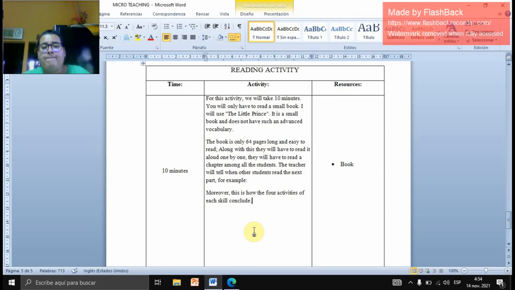And along with this, they will have to read it aloud one by one, and they will have to read a chapter among all the students, and the teacher will tell them when the other students read the next part. For example,